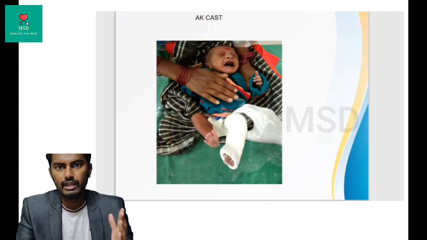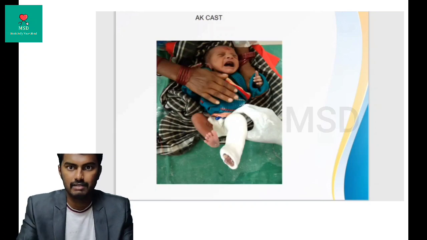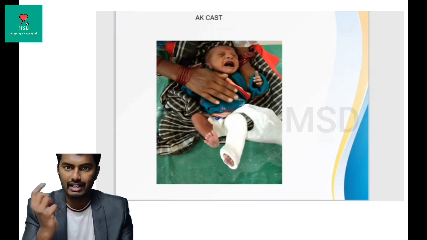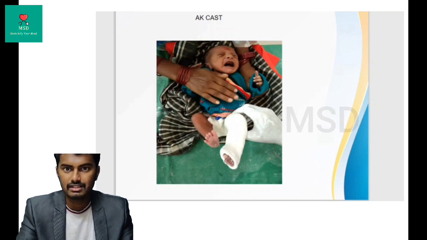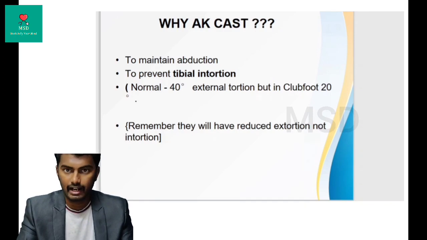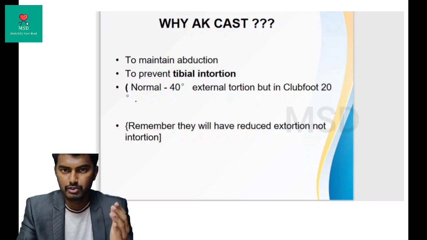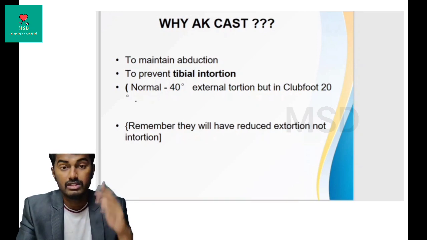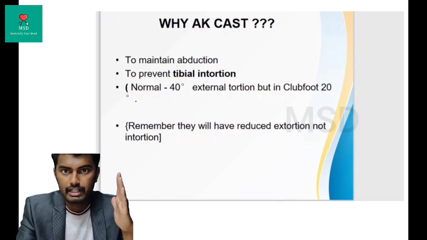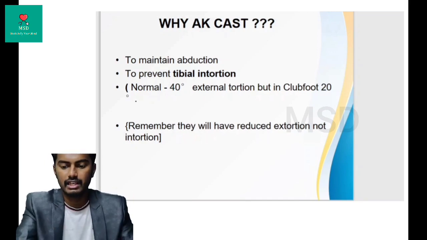So why do you apply an above-knee cast and why not a below-knee cast? As you can palpate the skin over the bone, in an adult the leg will be more like a flare with a triangle shape, but in the infant's leg, it will more often be like a rounded shape. So that's the reason, to prevent the slip away and also to prevent tibial intorsion. Normally an adult or a normal child will have a tibial extorsion of about 40 degrees, but in the case of clubfoot it will be reduced to a tibial extorsion of 20 degrees. So just to prevent this tibial intorsion, we are doing this above-knee casting. Just remember, even in clubfoot there will be tibial extorsion of 20 degrees and there won't be tibial intorsion. Just to prevent it, we are putting the above-knee casting.